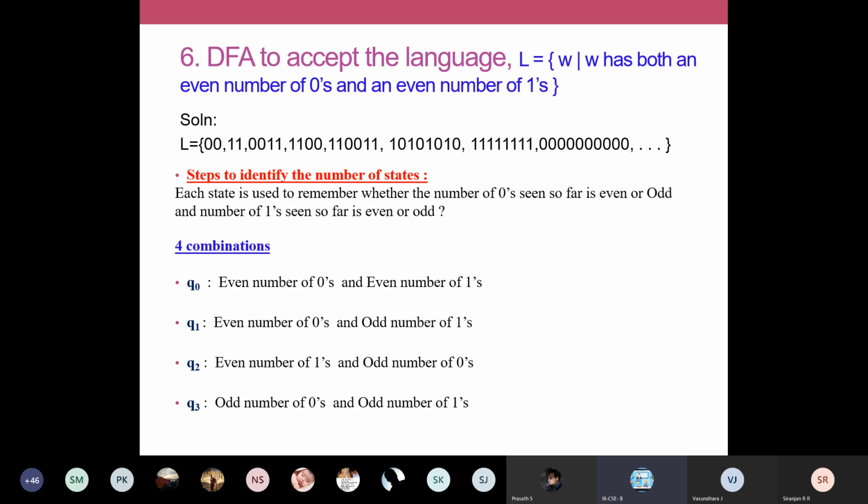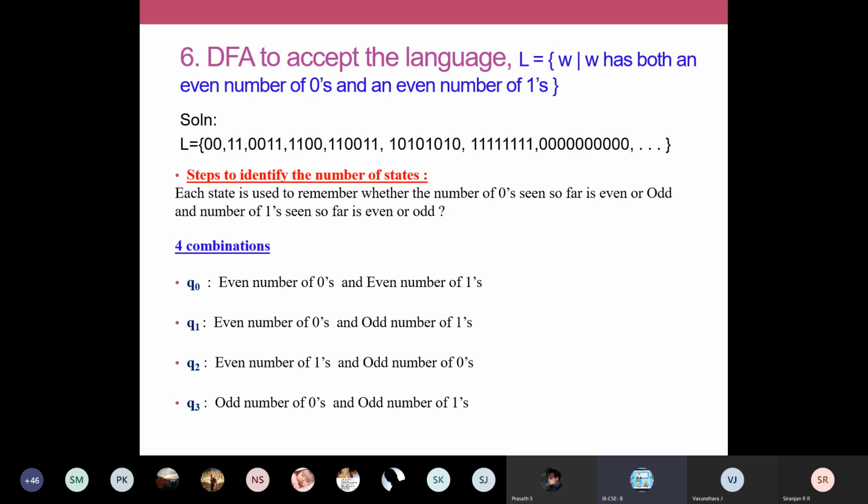So when I'm talking about even, what are all the even numbers? Already we discussed this. What are all the even numbers? Answer in the chat box. When I'm telling even number, what are all the even numbers? Shaktivel, you tell me what are all even numbers?